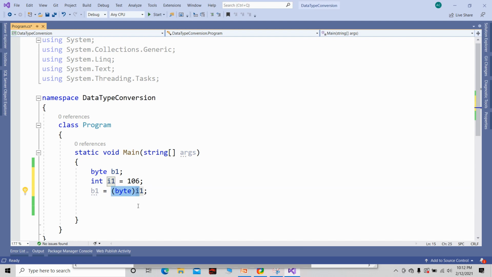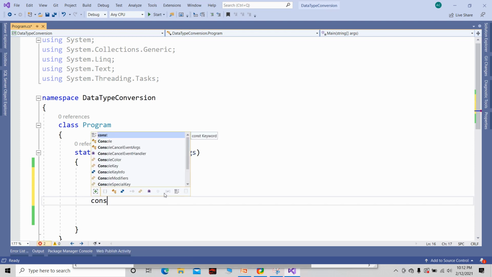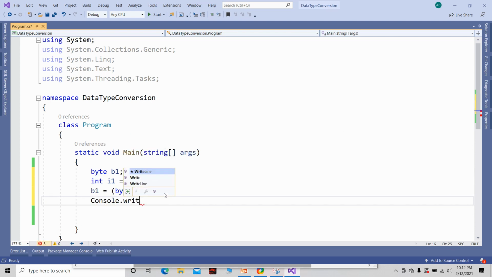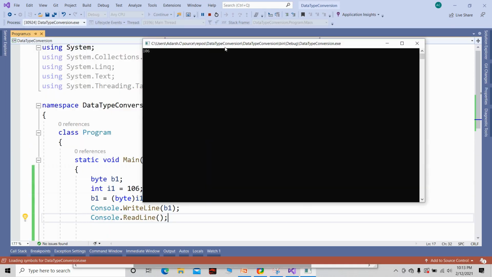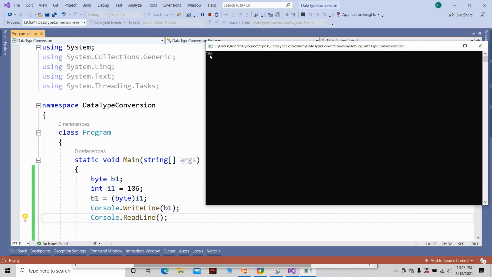In this case, the value that is present in i1, which is 106, is copied from i1 to b1. Let's print this byte data b1 and let's execute. Now we can see we have successfully managed to copy the 106 value from integer to a byte data type.